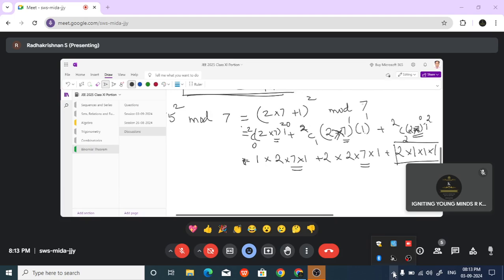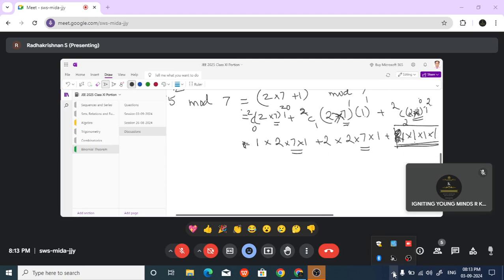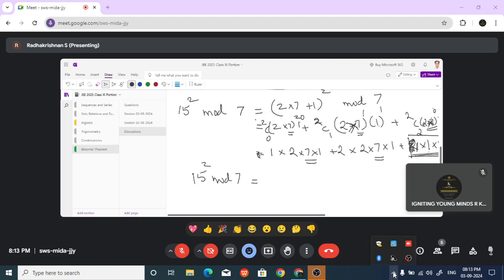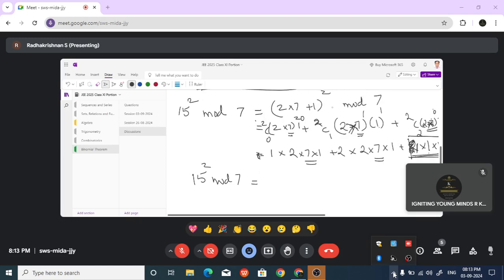Sorry, இங்க mistake பண்ணிருக்கேன். 2C2 is 1. So 2 power 0 is 1, 7 power 0 is 1 and 1 square. இது full 1 ன்னு தான் இருக்க போகுது. So 15 square mod 7 equal to, since it is 2 into 7 plus 1 whole square mod 7, it is simply 1